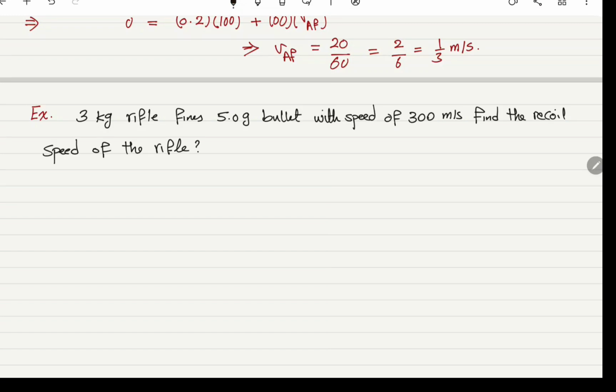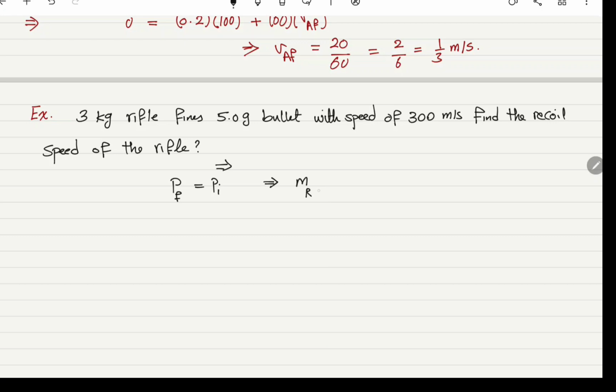A 3-kilogram rifle fires a 5 gram bullet with a speed of 300 meters per second. Find the recoil speed of the rifle. And remember, we compare momentum with momentum. We're not comparing mass with mass or velocity with velocity. We compare momentum with momentum. So momentum is conserved. So P final equals P initial, or in other words,